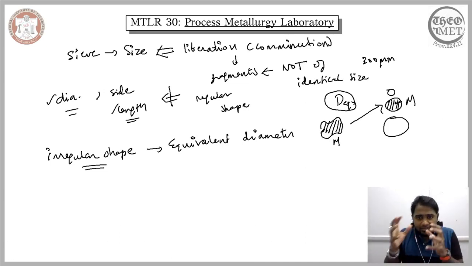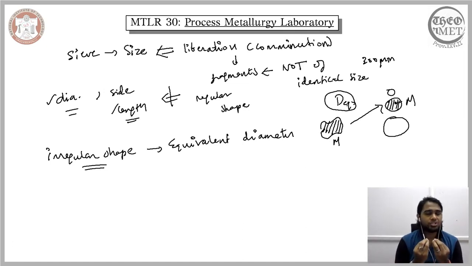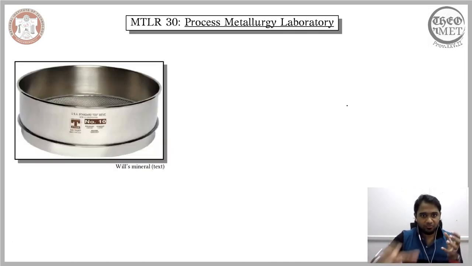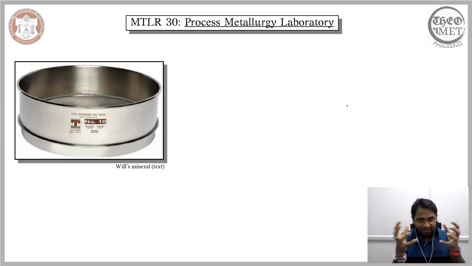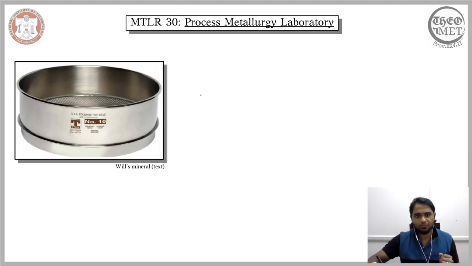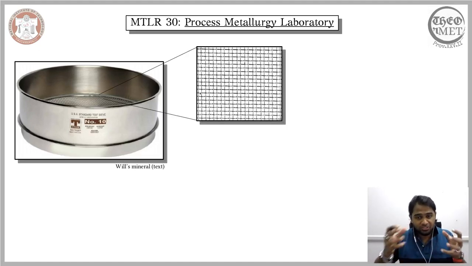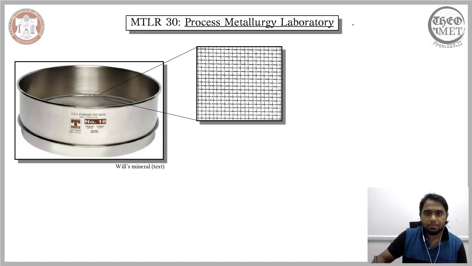Now, let us understand what the different terminologies associated with sieve analysis are. First of all, as the name indicates, the sieve analysis involves a component called a sieve that you can see here. You could have also seen a sieve around your kitchen. This is nothing but a straightforward sieve, and it is characteristically comprised of what we refer to as meshes. Now these meshes can be in the form of squares as shown here, or they can also be circular.